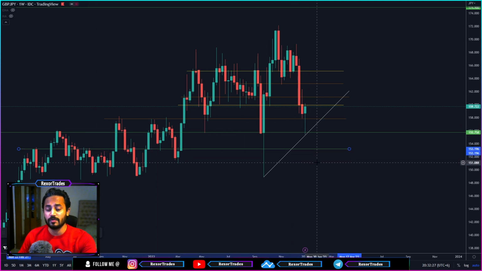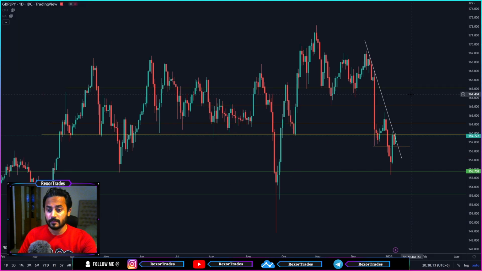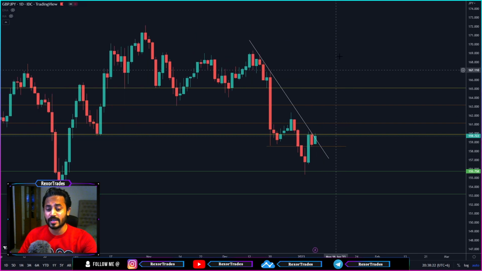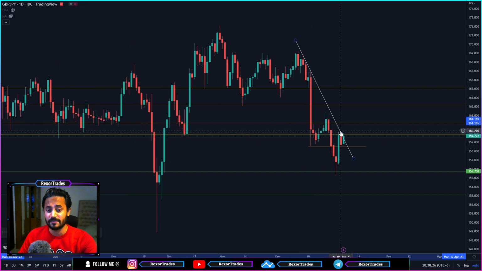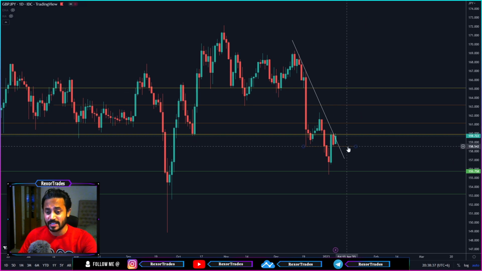Now, if you go to an even shorter time frame like a daily time frame, then we can obviously see this beautiful downtrend line that GBPJPY is currently moving in respect to by creating these lower highs over here. And also we can see this key zone and this key level where GBPJPY is currently facing resistance. Both of these key levels and zone have multiple retest points, so we might see these two key levels acting as GBPJPY's recent resistance, while we also have this key level as GBPJPY support with multiple retest